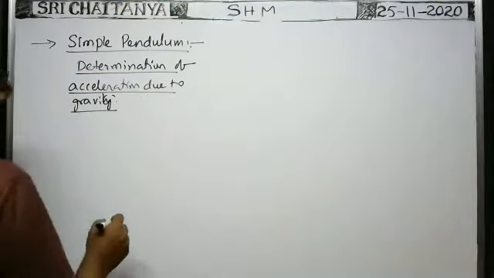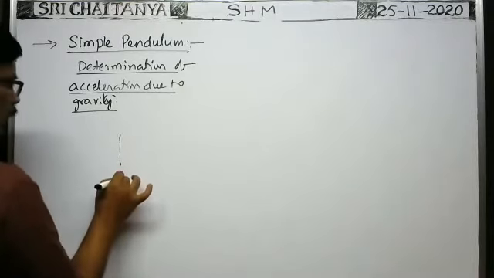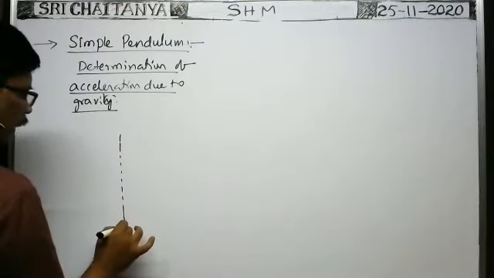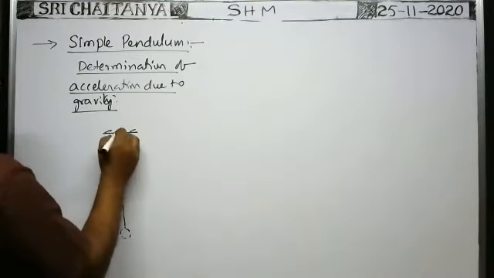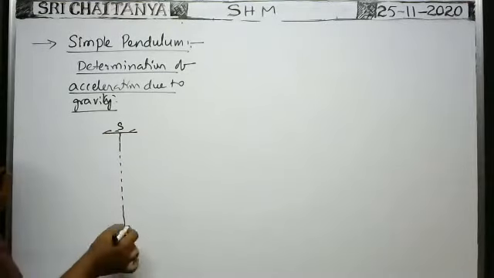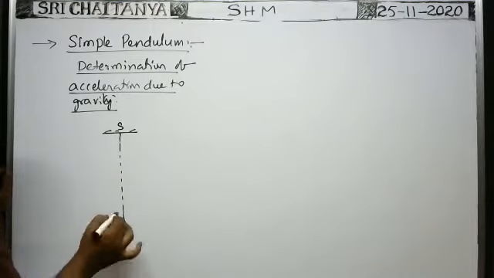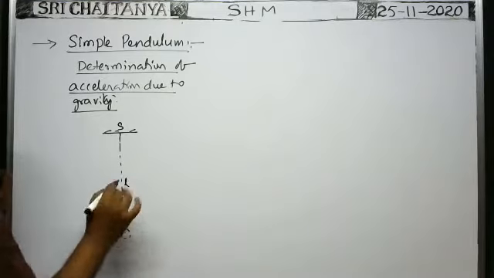Now you take the simple pendulum. By means of an inextensible string, you suspend a sphere or bob having mass m from the fixed rigid support. It is the point of suspension. It is the simple pendulum and it is the bob of the sphere. It is the center of gravity. The length of the pendulum is say L.